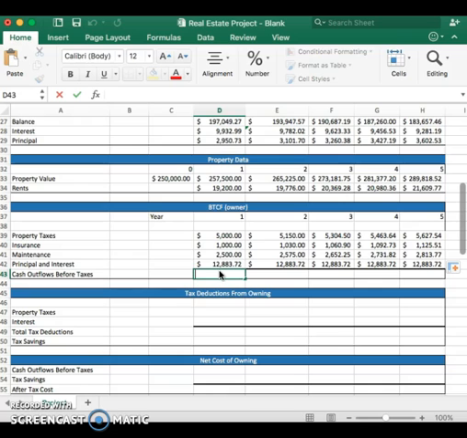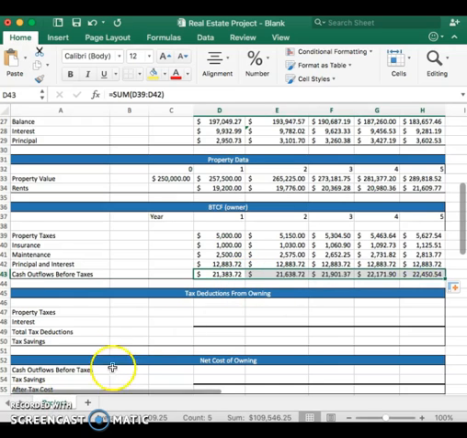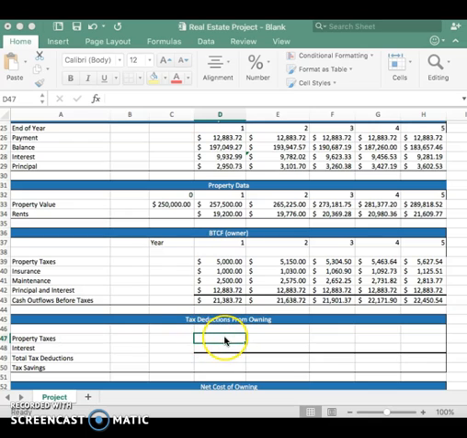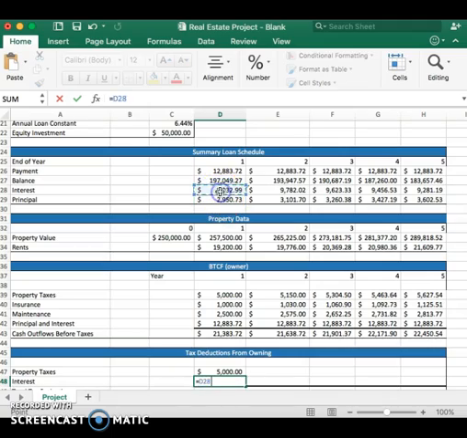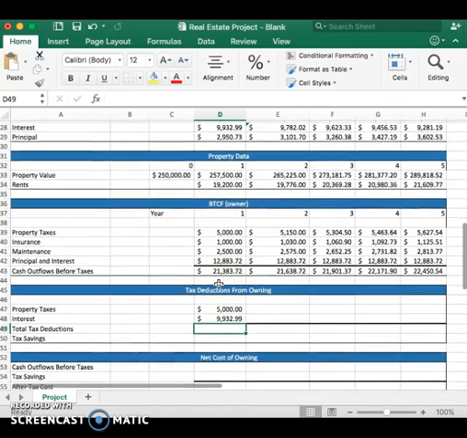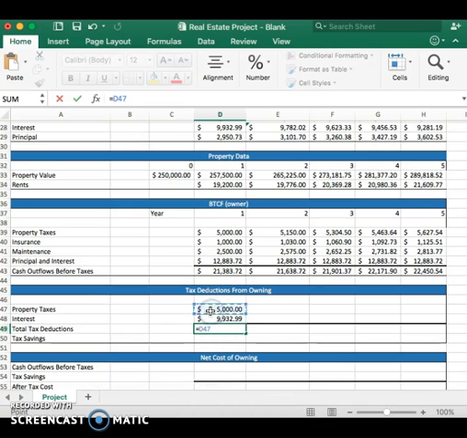Next, all we have to do for the before tax cash flows now is take the sum of these four numbers and then copy them over, and that is it for the before tax cash flows. Our next table is the tax deductions from owning, and the first item will be the property taxes, which we get from right above at D39, and then the interest, which we get from D28, which is right here, and then the total tax deductions is just adding these two together,